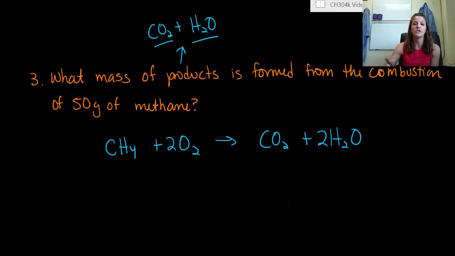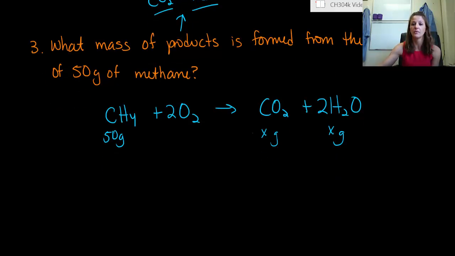We're starting with 50 grams of methane here, and we're trying to figure out what mass of carbon dioxide and what mass of water we're going to create. So we need to do 2 different things here. So let's start with our carbon dioxide first, and then we can go to our water. So we have 50 grams of methane,